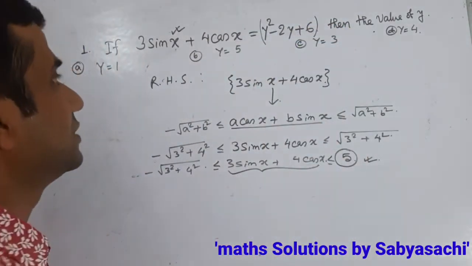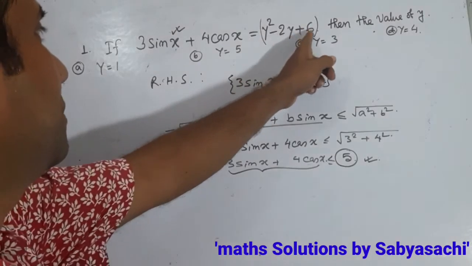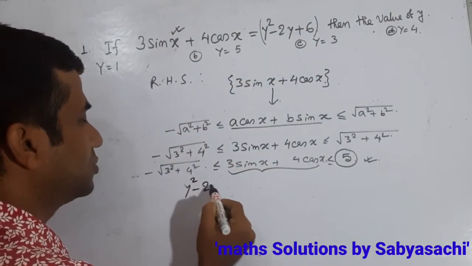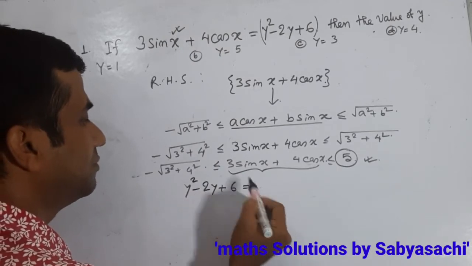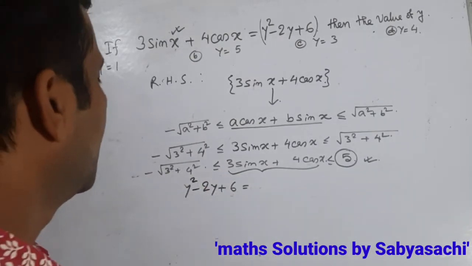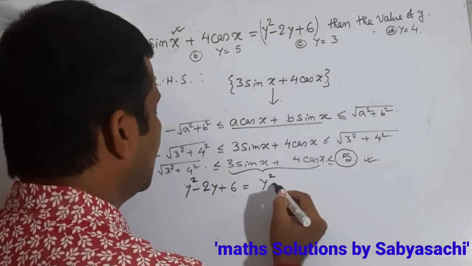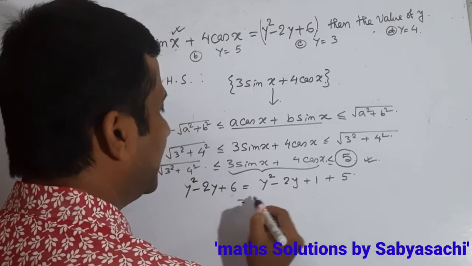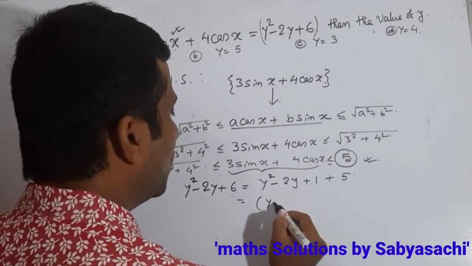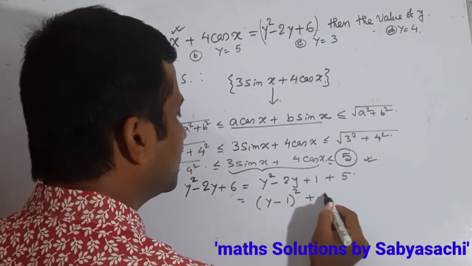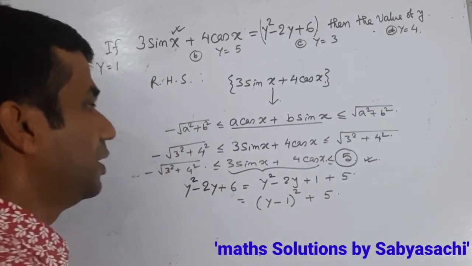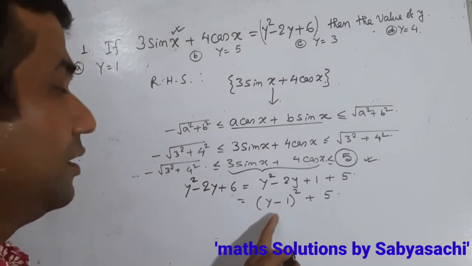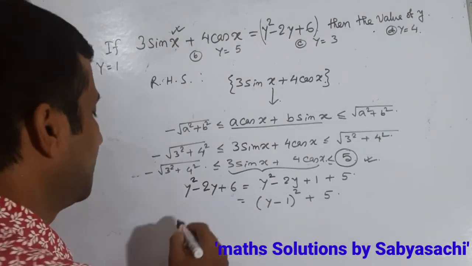Now we like to discuss y square minus 2y plus 6. This is a quadratic term and you can write it as y square minus 2y plus 1 plus 5. Then this is equal to y minus 1 whole square plus 5. Now taking y equal to 1, you get